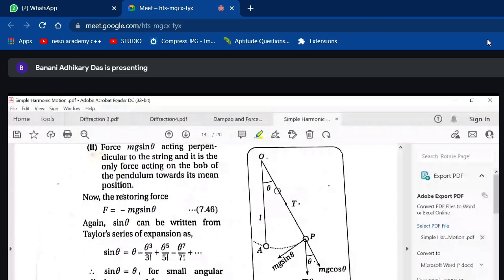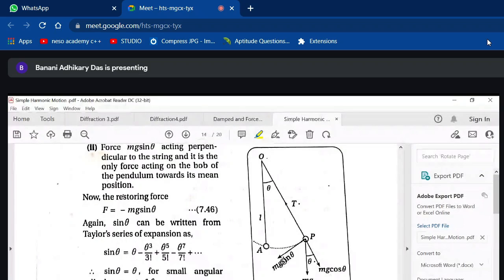Now, if M is the mass, then what is the weight? It is mg, acting downwards. The weight is the force with which gravity pulls the body, isn't it? So it's a force, it's a vector. Now we can resolve this force into two mutually orthogonal directions. One is mg cos theta, another one is mg sin theta.